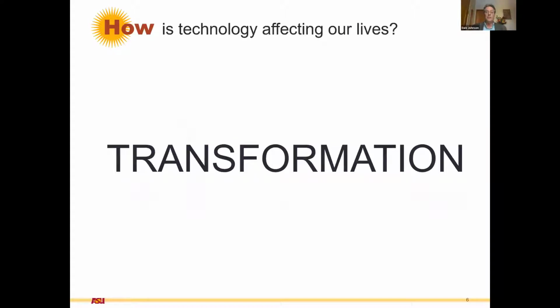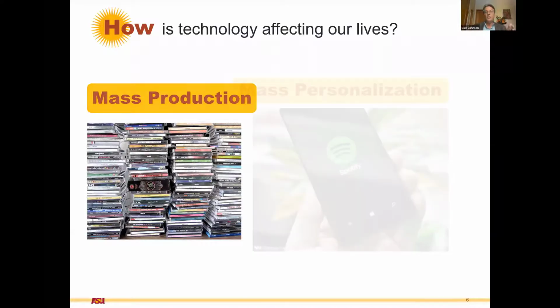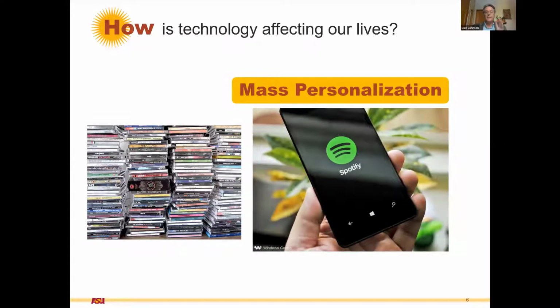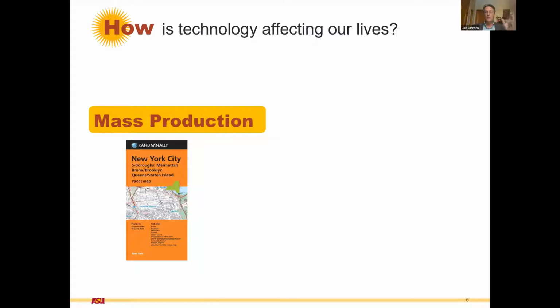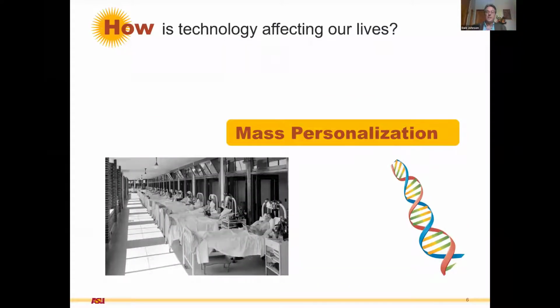There is a transformation that's underway in all our lives, and has been for the last 25 years. We are moving from a mass production world to a mass personalization world. I still have about 300 CDs in a closet somewhere. I don't even know if I have a CD player anymore, but I've got 3 million songs on my phone. What about navigation? When I traveled the world in the 80s, I had to use maps everywhere I went. Now I've got a map of the world on my phone. When I worked in Vietnam in 2019, I could navigate anywhere in the country, and I don't speak the language and don't read the language. So we have seen this move from mass production to mass personalization in many, many aspects of our life.